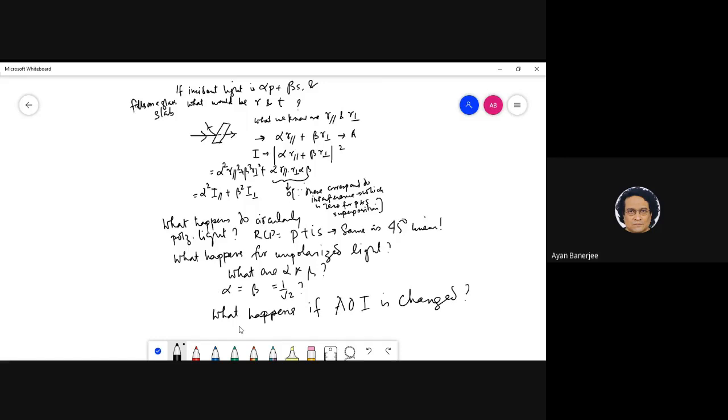Priyansh, were you going to say that? No, sir. I just want to give an explanation why it would be 1 by root 2. Just because it's unpolarized light, now the coefficients are not distinct. They should be the standard average, right? Yes. So this is similar to what? Can you give an example?